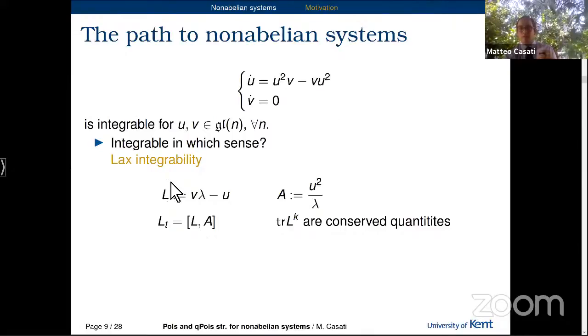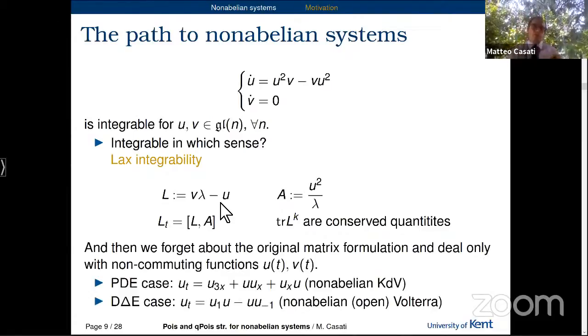namely if you construct this object, this operator, which is in fact a multiplication operator with lambda, a formal parameter, then the evolution in time of L is given by this commutator of matrices, which reproduces this equation, and by this equation the traces of powers of L are conserved quantities in the evolution of the system. It's the same case as normal Lax integrability for ordinary systems of equations, but of course these L and U are now operators whose entries are matrices, so they are not abelian,